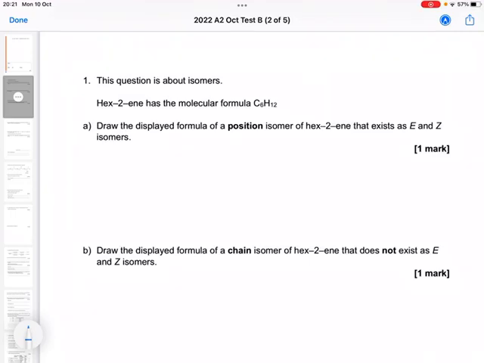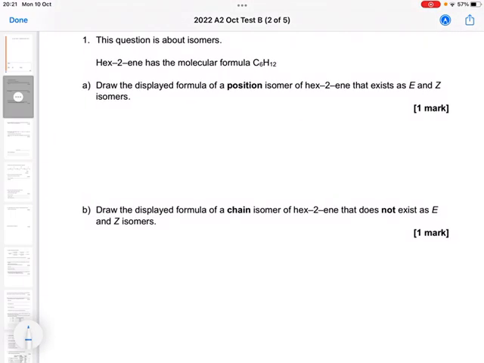This question is about isomers. Hex-2-ene has the molecular formula C6H12. Draw the displayed formula of, so displayed, got to show all bonds, a position isomer. So the functional group has to be somewhere different from hex-2-ene, and it has to exist as